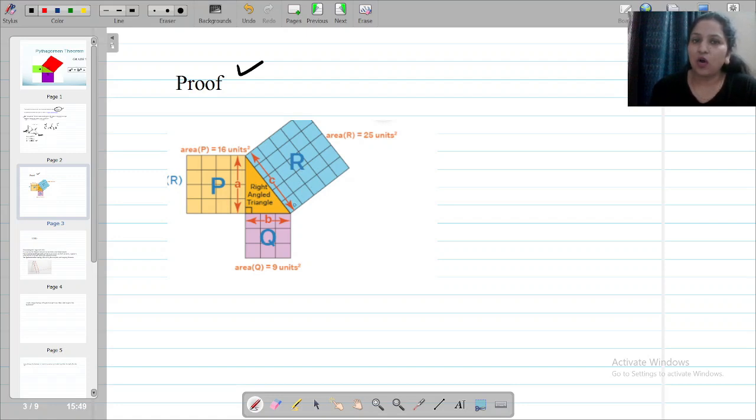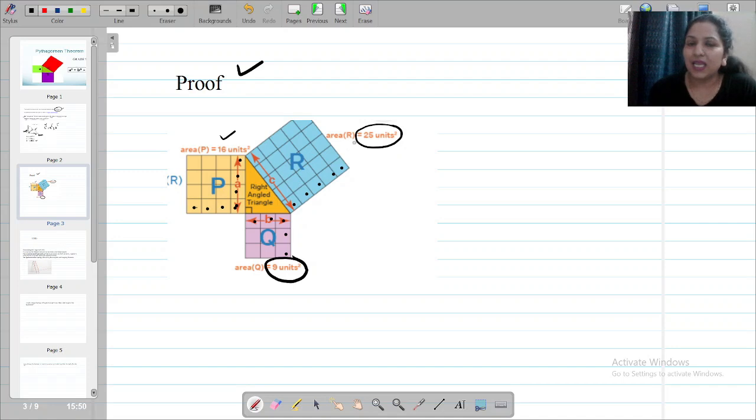So what is the area of C? Have a look, what is the length of the side? 1, 2, 3, 4, 5. It's a square. If one side is 5, so 5 into 5, 25 is the area of this one. In the similar manner, 1, 2, 3 and 1, 2, 3. 3 into 3 is 9. Area of this block is 9. In the similar manner, 1, 2, 3, 4 and 1, 2, 3, 4. The area of this block is 4 into 4, 16.